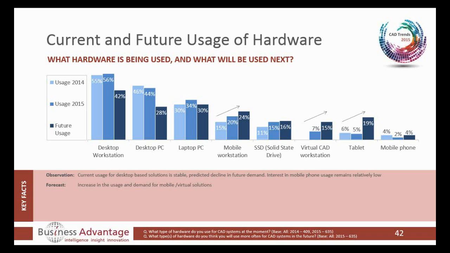But if we look at that over the next 3 to 5 years, we can see that the usage of those types of platforms is decreasing, and perhaps not surprisingly. Laptop PCs remain pretty stable over this period, while mobile workstations, as we can see, are growing in importance, and also virtual CAD workstations, and also tablets. Tablets is not surprising,